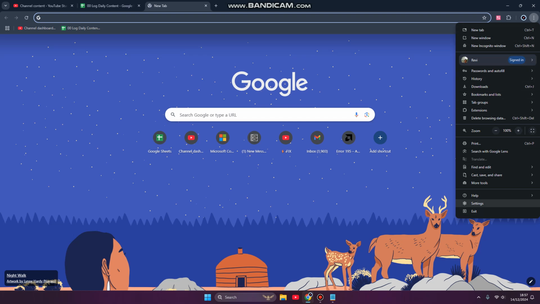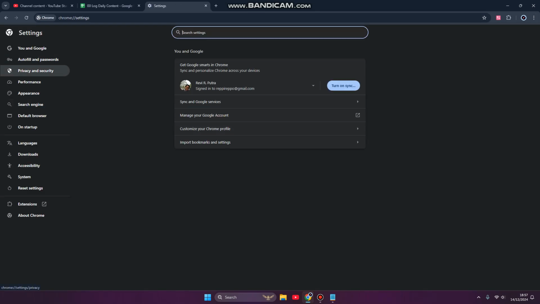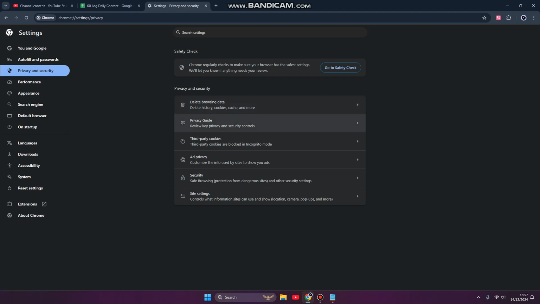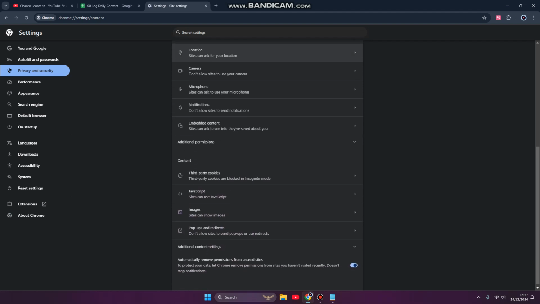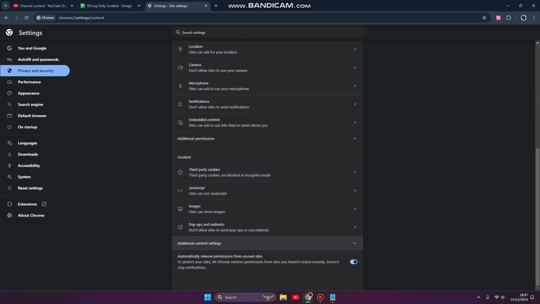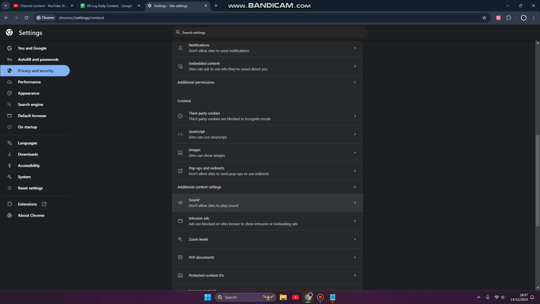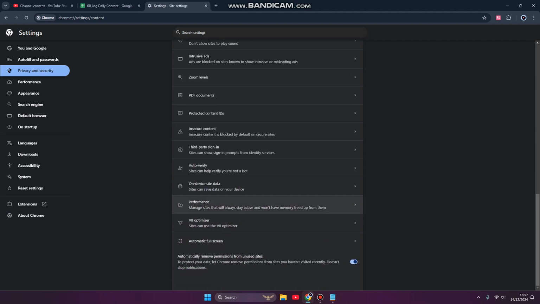corner of your screen and click Settings. Here you can click Privacy and security. Under Site settings, control what information sites can use and show. You can scroll down to Additional content settings. Click it, scroll down and try to find